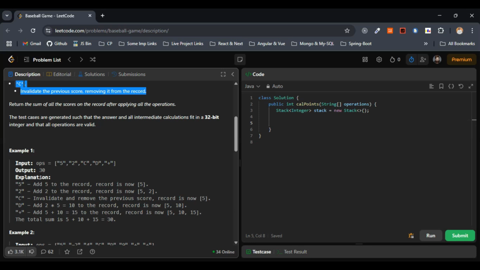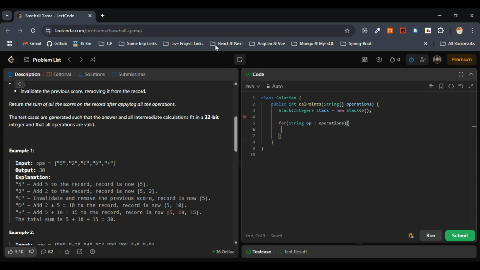Let's move on with the second step here. Let's go with the for loop for String op of operations. This is fine because operations is the parameter we have here, right? So within the for loop, the first thing is when